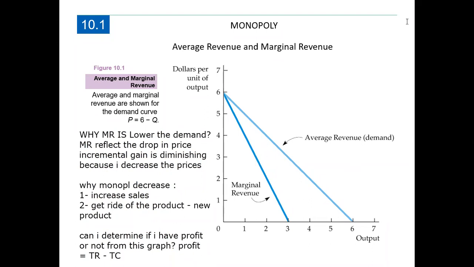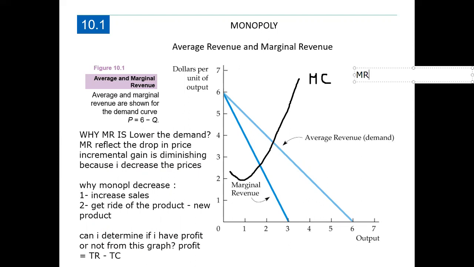So in order to determine if I have a profit or not, I have to recall the cost. If you remember the cost function, it is important because in the cost function we have something called efficient scale. And this efficient scale is the intersection between marginal cost and average total cost. So I will start by drawing the marginal cost. Why do I draw the marginal cost? I draw the marginal cost because the intersection of the marginal revenue with the marginal cost